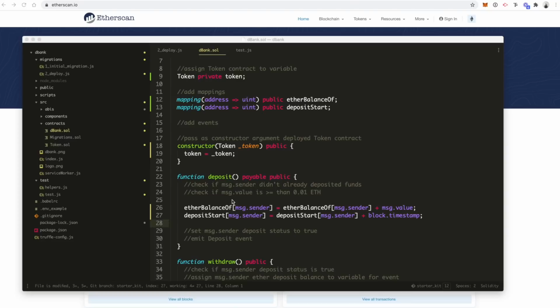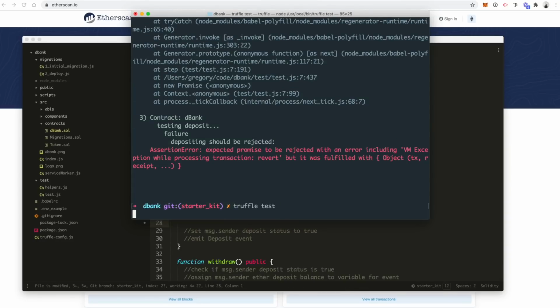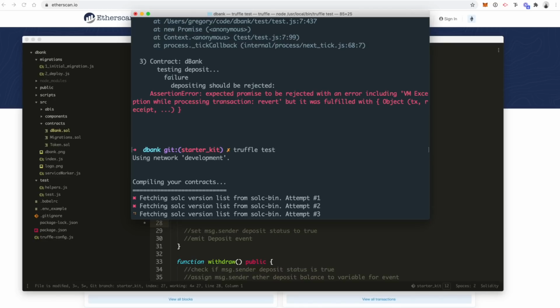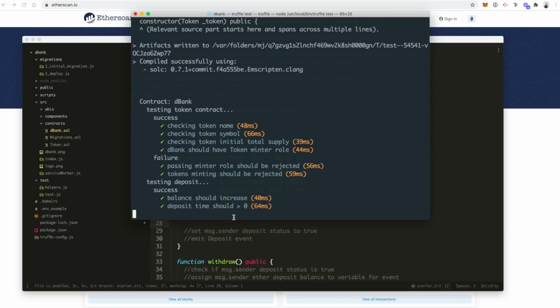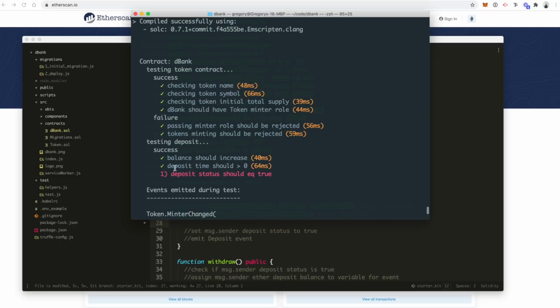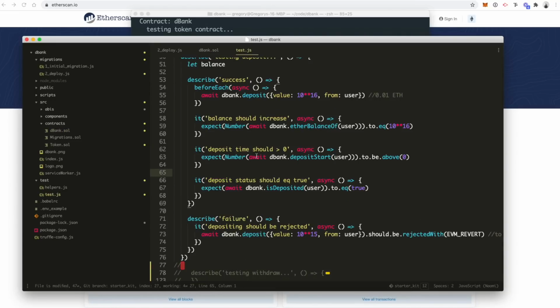And then save that. Go back to our terminal. Run the test. So more tests are passing. All right, so deposit time should be greater than 0. That works. So now we want to check the next test, which is